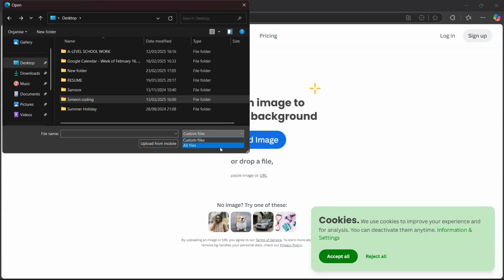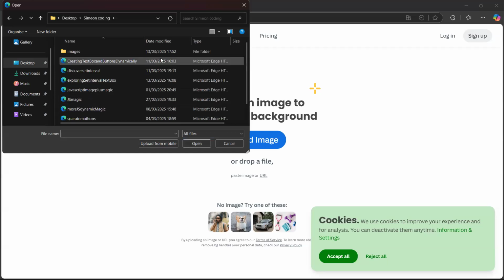Go back and click on all files. Now go back to your coding and click on that images.